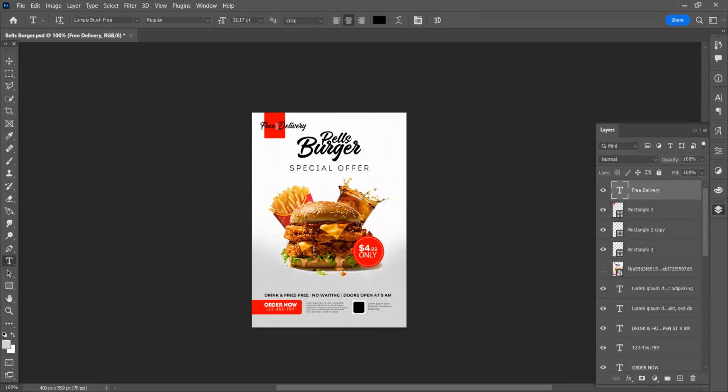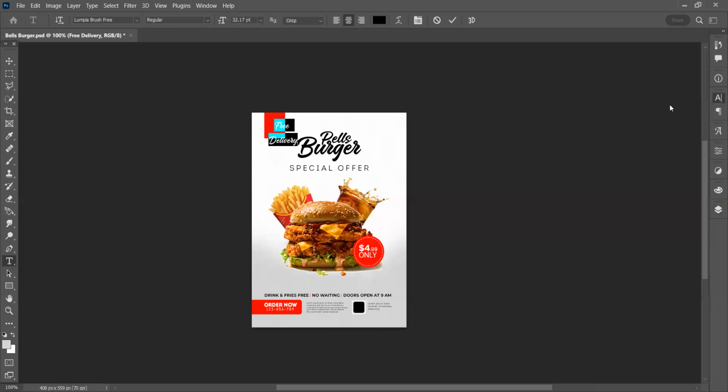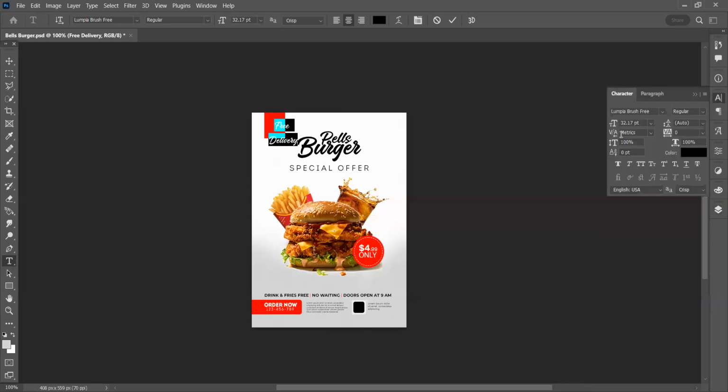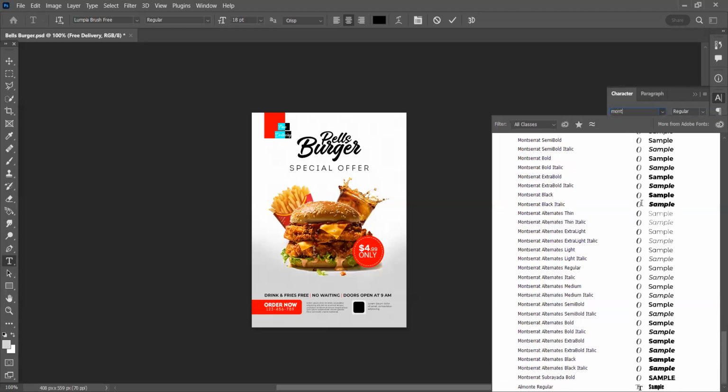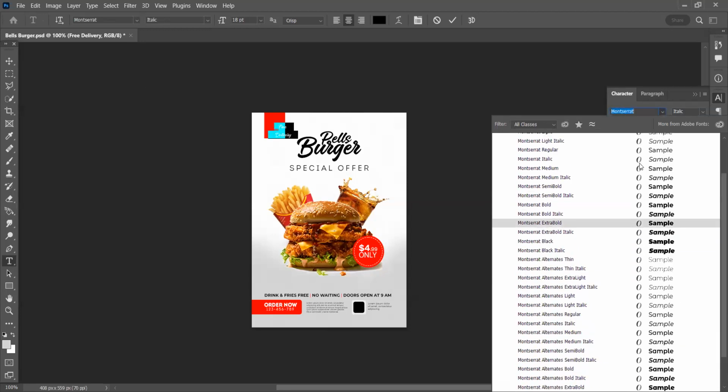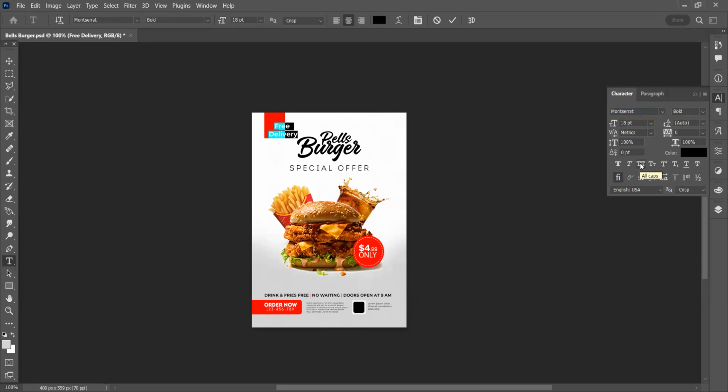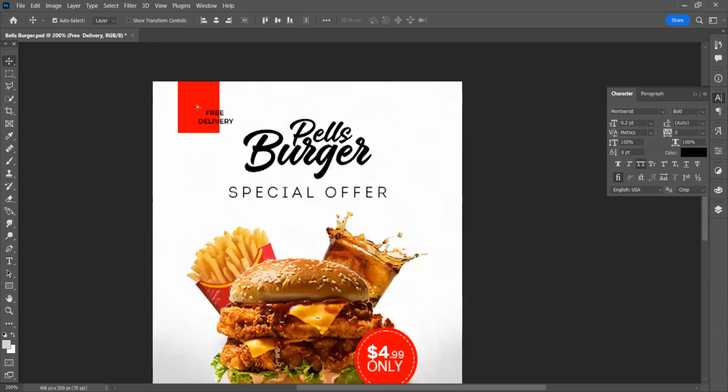So you can arrange your layer. Let's reduce the size. And let's change the fonts to Montserrat's. So we can also change it to capital letter here, all caps. Don't worry, we get all of this when we watch that video. We will understand all those tools, how they work and all of that.